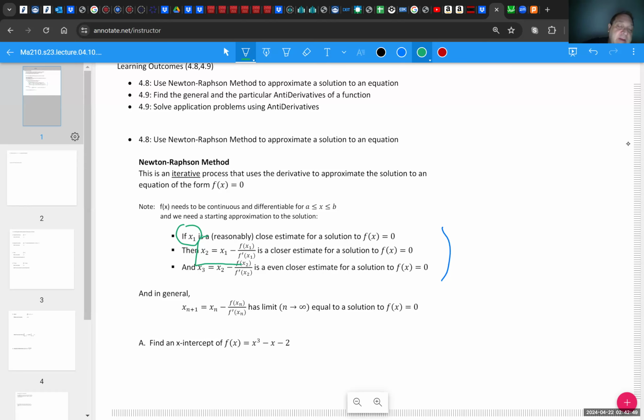This is a formula that's just the same formula as a local linearization. All these are applications of local linearization. So we're going to use that formula, plug in our x1, our reasonably close estimate, and we go through the formula and we get an x2, which is going to be essentially a closer estimate for our solution. And once we get that x2, we're going to plug it in and get x3, same formula. We're just going to plug in x2 now and get an even closer estimate,